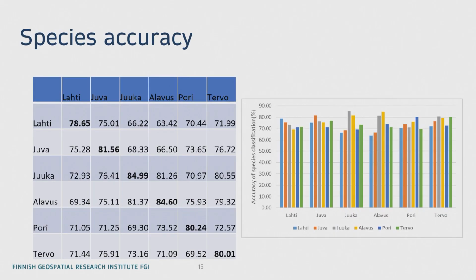Related to species accuracy, if you look at the diagonal, we have only 3 species in Finland that we record: spruce, pine and deciduous. Deciduous covers everything else. In future it should also include aspen and deadwood. It's more than 80%, and that is if you have training data from the same area.